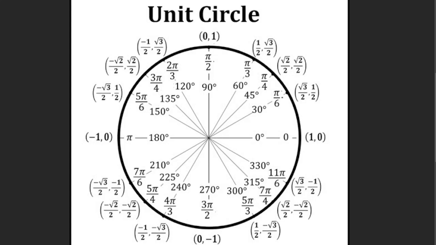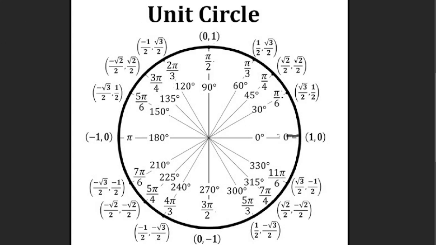Hi everyone, we're going to be talking today about how to graph sine and cosine as actual functions. As you recall, we defined the cosine to be the x value of a point on the unit circle, the cosine specifically of the angle that creates that point. So for example here,